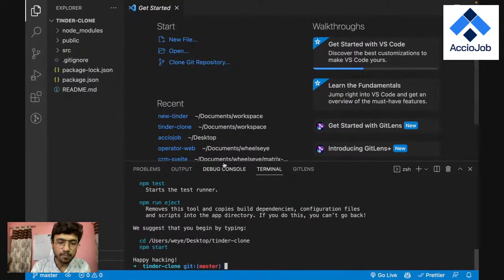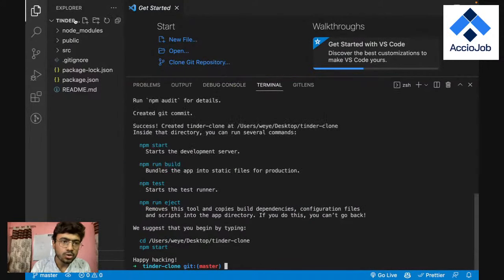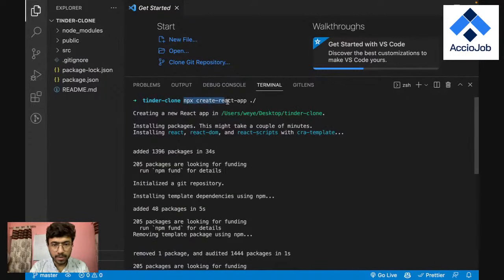So you can see over here, my React project has got set up. So this is what we were present in. You can see there are some files that come over here. This is the default nature when you're setting up the project. These are some of the dependencies that are required, right? As you can see, I gave the command npx create-react-app ./